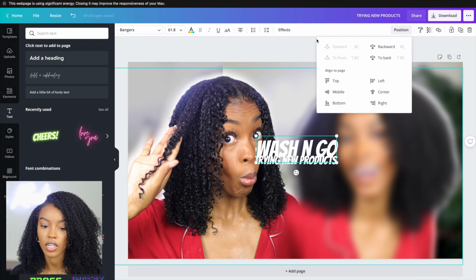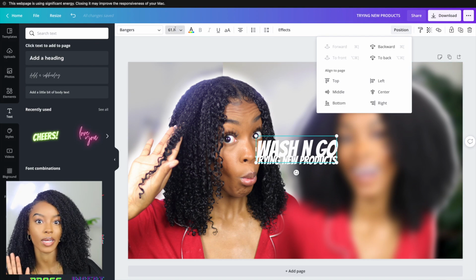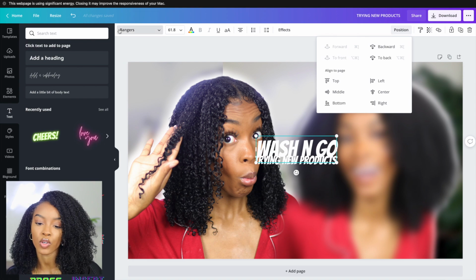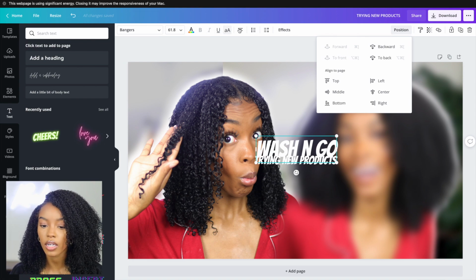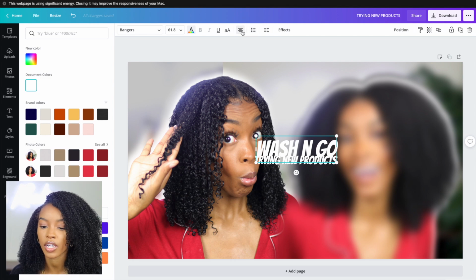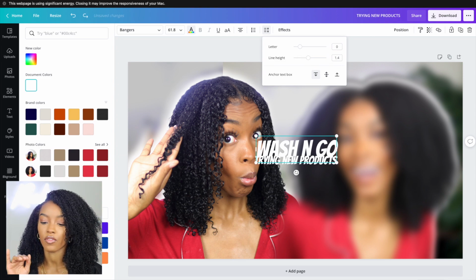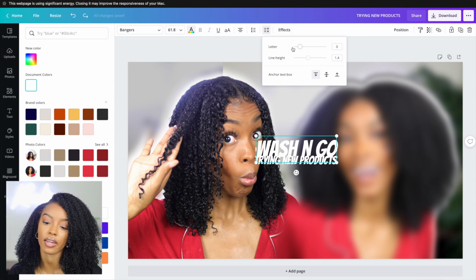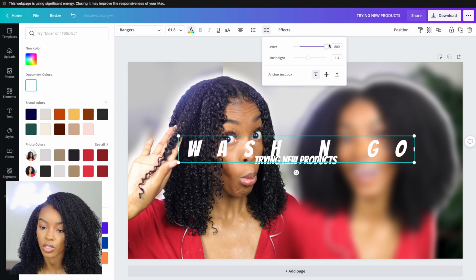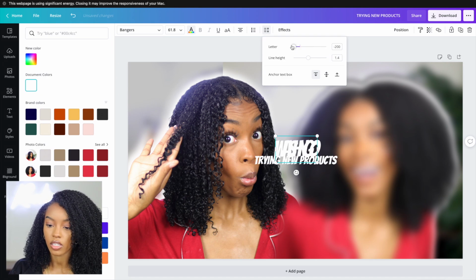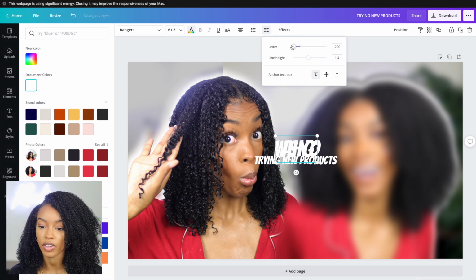And so under the title, I know this is a lot of information, but y'all stick with me. Under the title, you can change the color of it, all those things, the centering, the alignment, bullet points, and you can also change the letter height. So this is how much space you want between rows if you have 2 rows of text. So double space, single space, that kind of thing. And then you can also do letters, so you can space your letters out, or you can space them tight. Those are 2 dope options to have